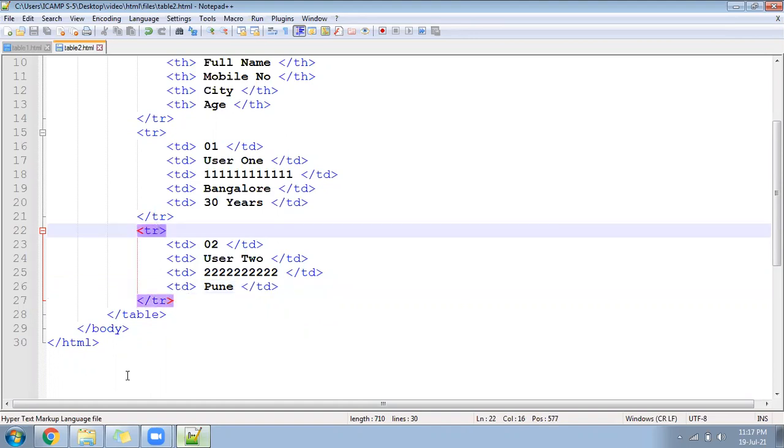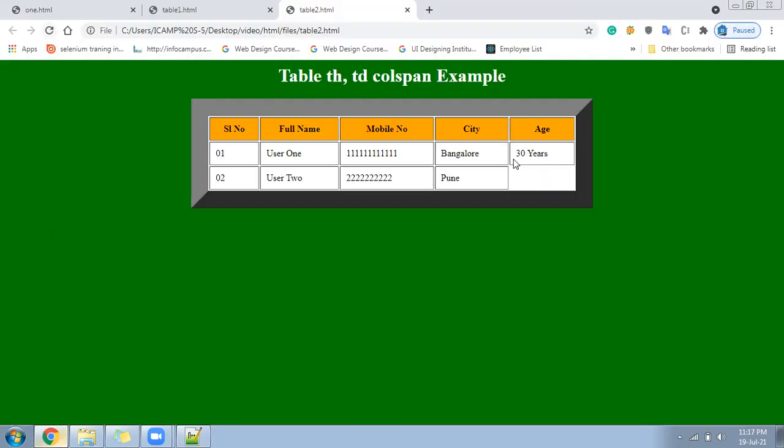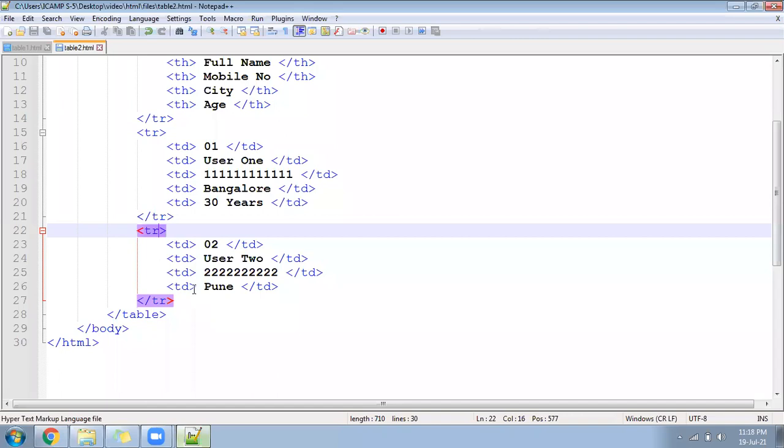Something is missing at the end. Let me show you. See here, it's looking like something is missing, like one particular column is missing. But it is not missing. The user has not given the information. So in that case, we will ask the city to occupy the full area. Why leave it empty? So there colspan is going to help you.